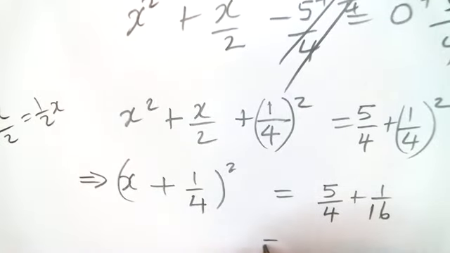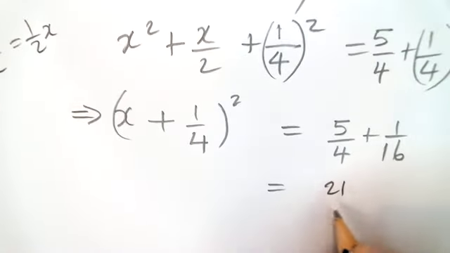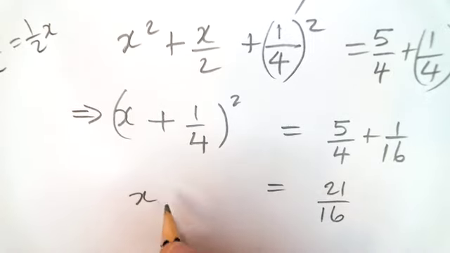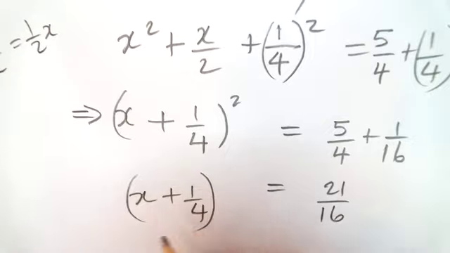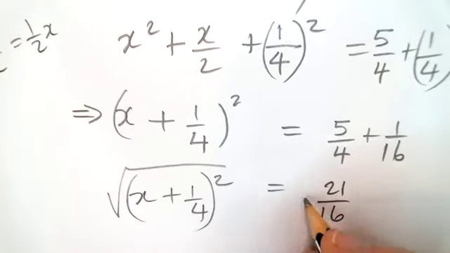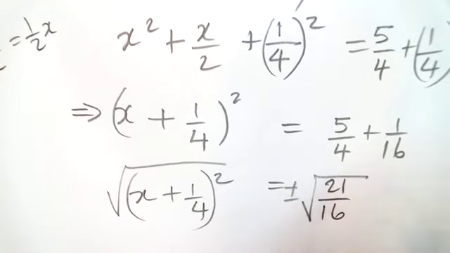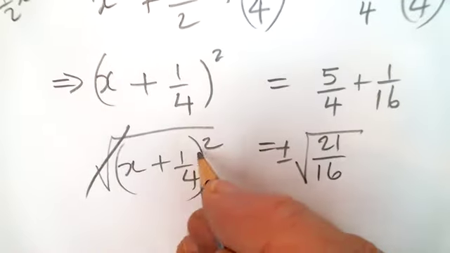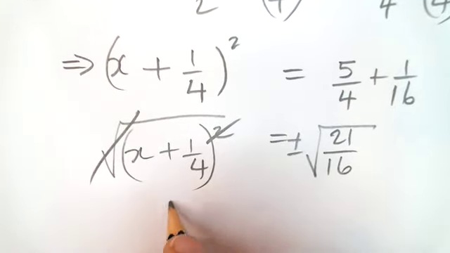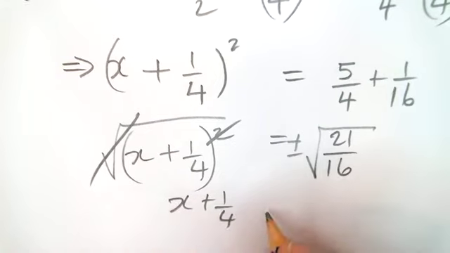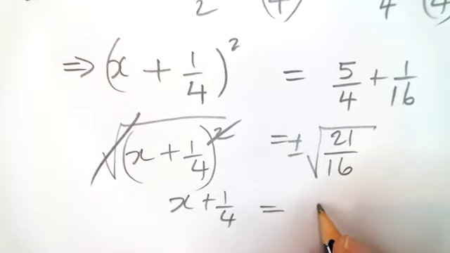Now I need to do the square root. x plus 1/4 squared, I'm going to find the square root of both sides. I've got plus or minus the square root of both sides. Of course, the square root and the square cancel, leaving me with x plus 1/4 is equal to plus or